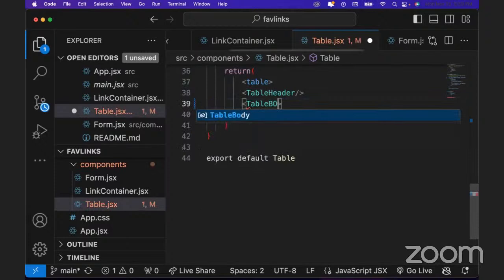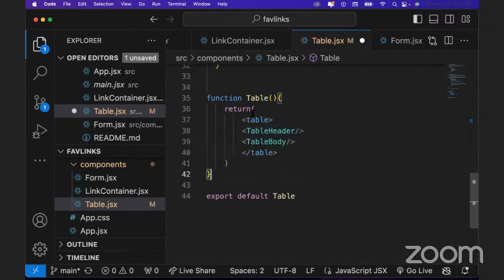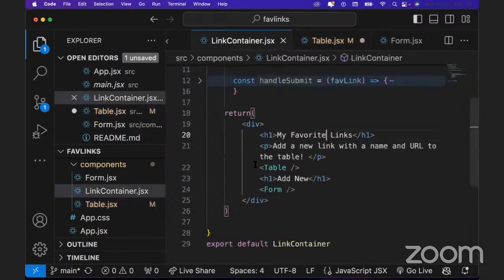The table body only exists as a part of the table. It's not exported at all. We can't call the table body from elsewhere. We could export it, but